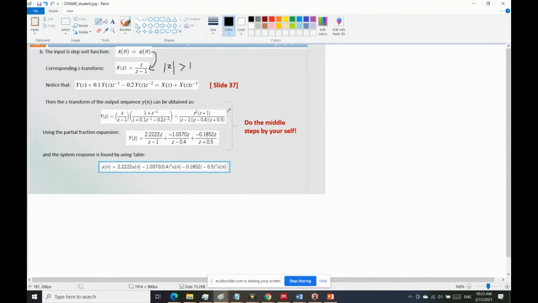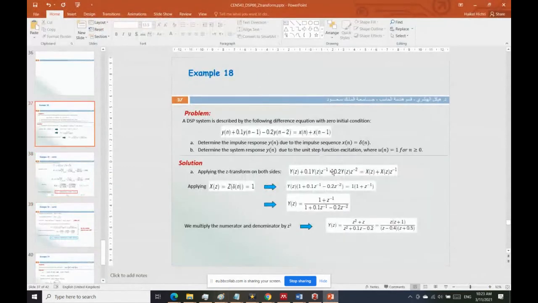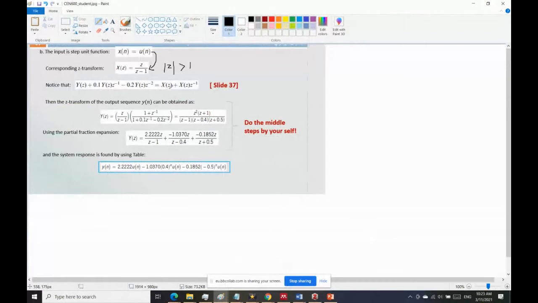Okay, and this is the difference equation we wrote in the z domain. It is the same as the one we got in part A, the same thing, except that here we substitute X(z) with the transform of the step. So here we will substitute X(z) with this. If we rewrite it down, it will be